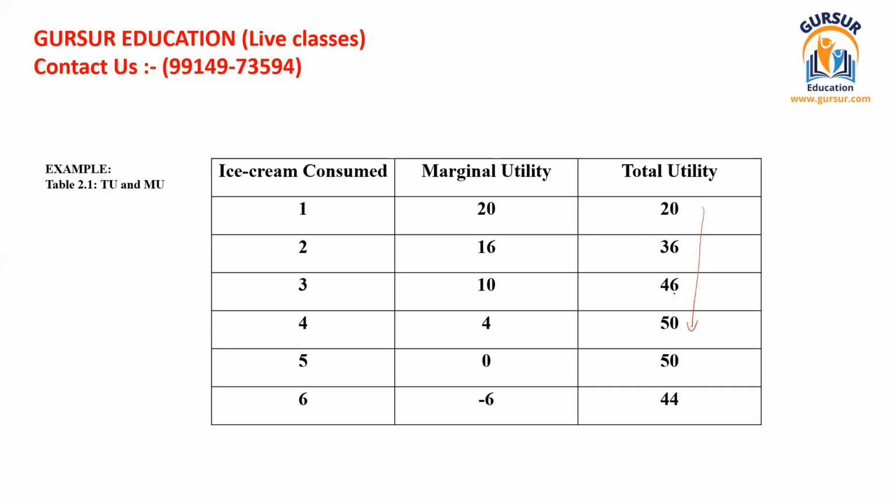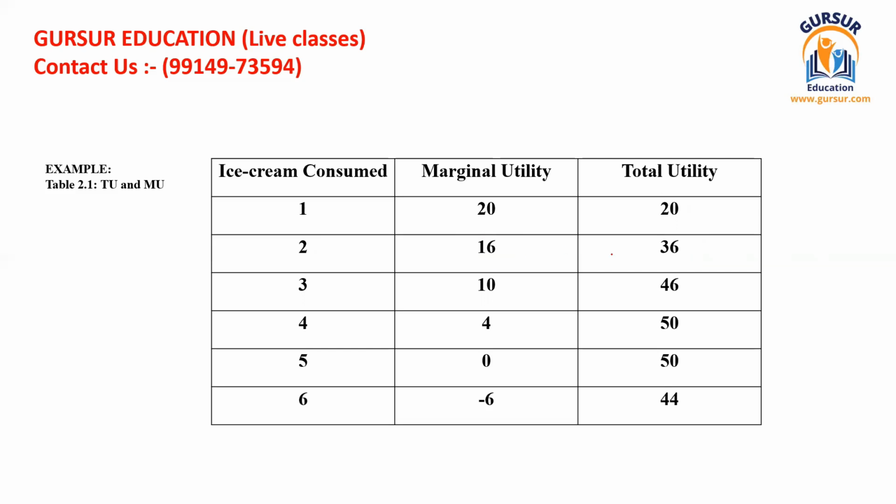So what is marginal utility? This is just, as per the definition we have understood, the difference of the total utility and the utility obtained from the previous units. So when we subtract the total utility of the previous unit, that was 20, from the total utility of consuming 2 units, and find the difference of these two, this is known as the marginal utility of the